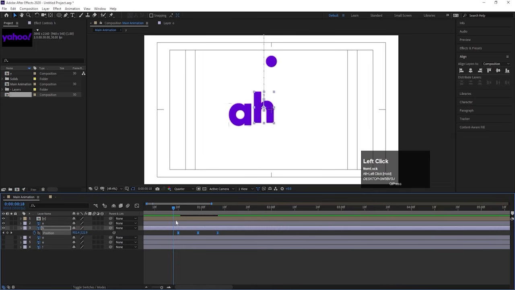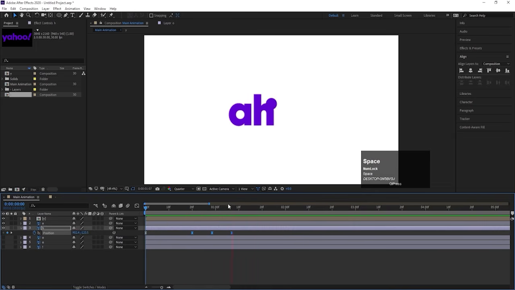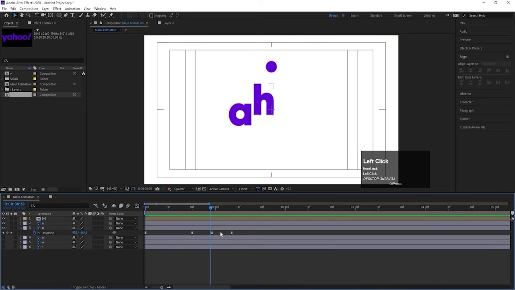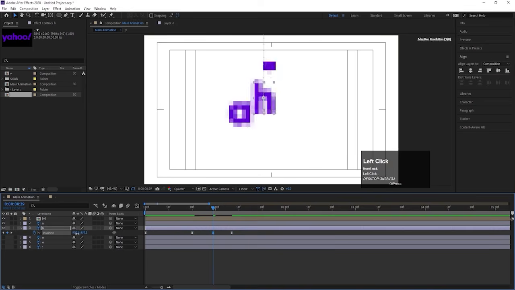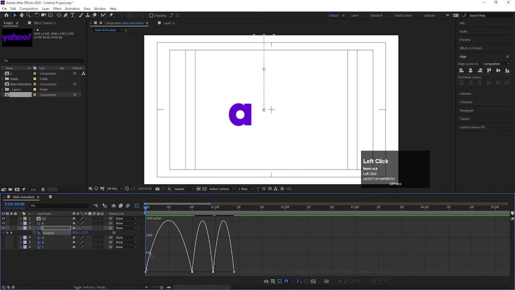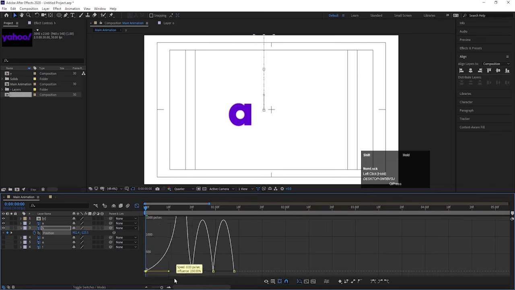Or instead of that, what we can do, we will select this last keyframe and by holding Alt we will move this a little bit over here. Okay, and at this point let's move this over here and bring this over here like this. Now select those keyframes and hit F9, go to the graph editor, select this graph, hold Shift, move this handle